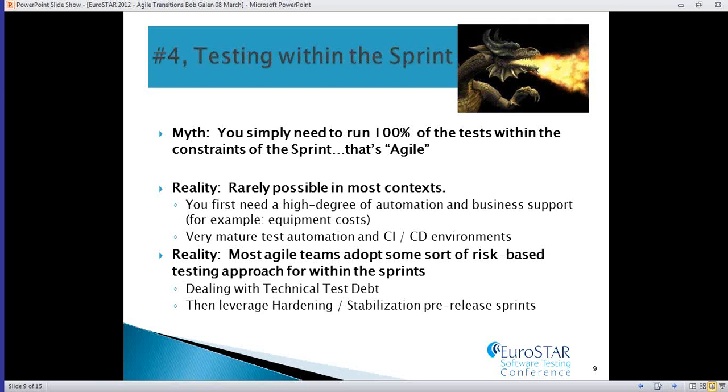Well, in a lot of contexts with high degrees of automation, that might be possible. So small applications, small environments, small numbers of teams with high degrees of automation, you can achieve that. But what if you can't? What if 100% of your tests are actually manual test cases, functional tests, regression tests, and if you ever chose to run 100% of those in a sprint, you would, quote unquote, derail the sprint.